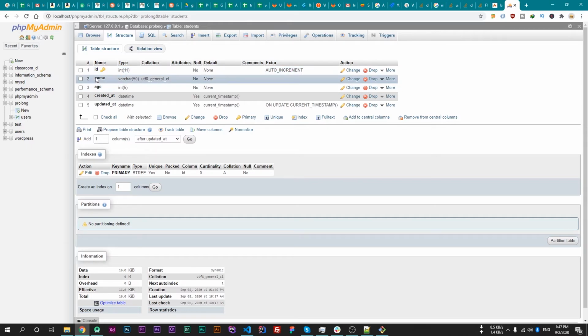The next one is the name, which is of type varchar, and its length is 50, and another one is age, of type int with a length of 5, and other fields like created at, which is of type datetime, and the default value is current timestamp, and updated at, which updates on current timestamp.